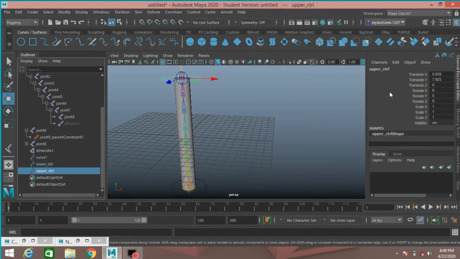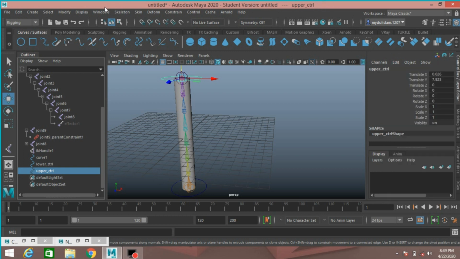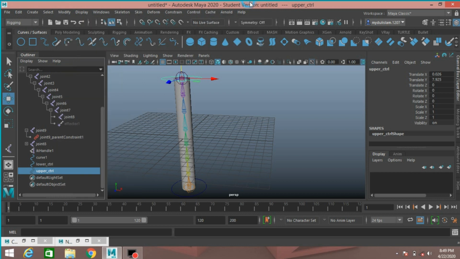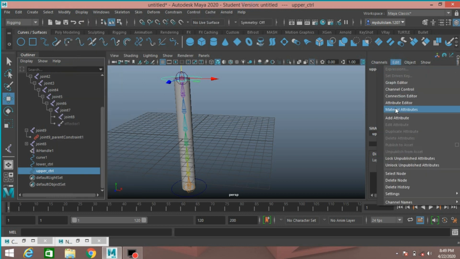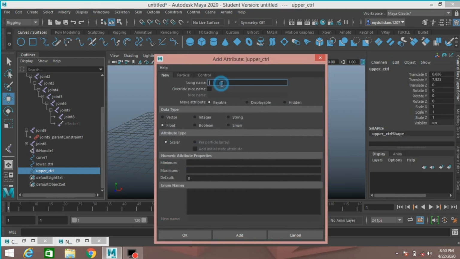Select the upper controller, click on edit, add attribute, or you can add attribute from modify, add attribute. Type squash A and copy the name and default value type 1.3.